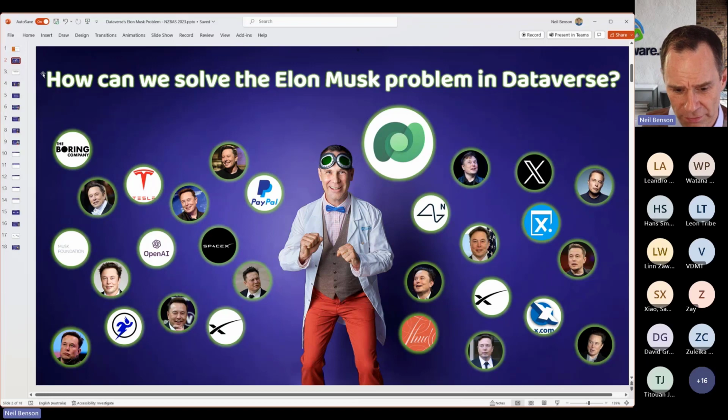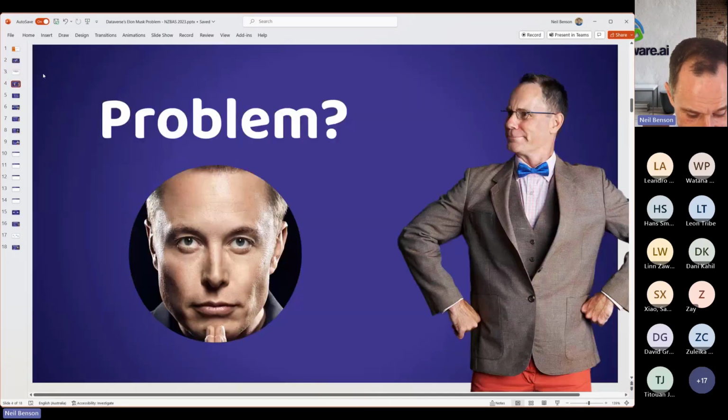Formerly the CEO of Thud, which was a magazine in Los Angeles. He was one of the founders of OpenAI. He's a complicated character with a lot of relationships to a lot of organizations. And what I struggle with is how I would model somebody like Elon Musk in Dataverse. So that's really the crux of the problem: how would you model somebody like Elon in Dataverse today?